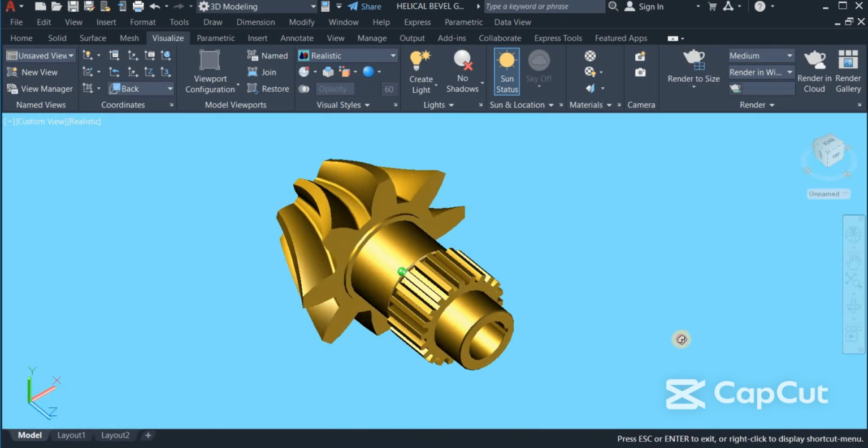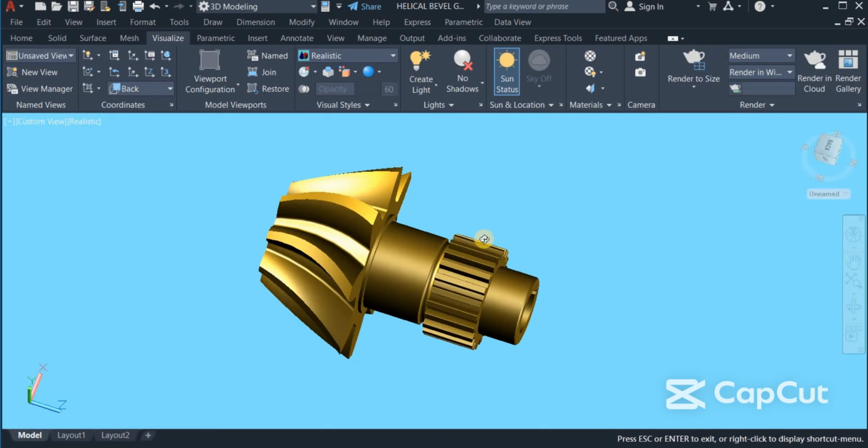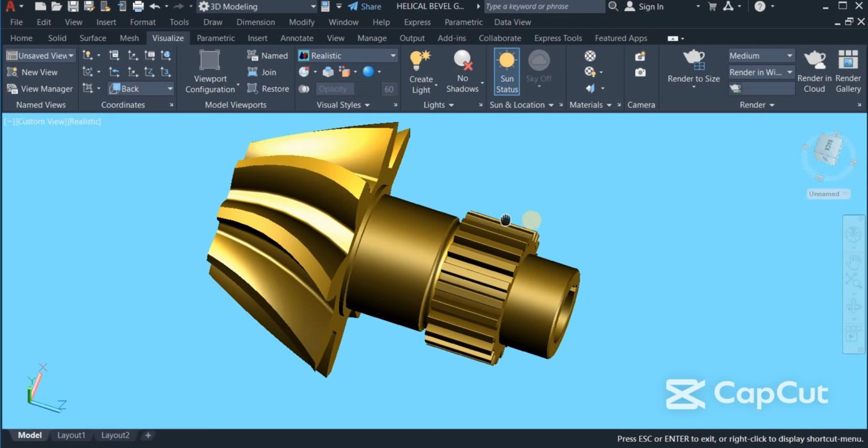So here is the Bevel gear now completed. Bevel helical gear